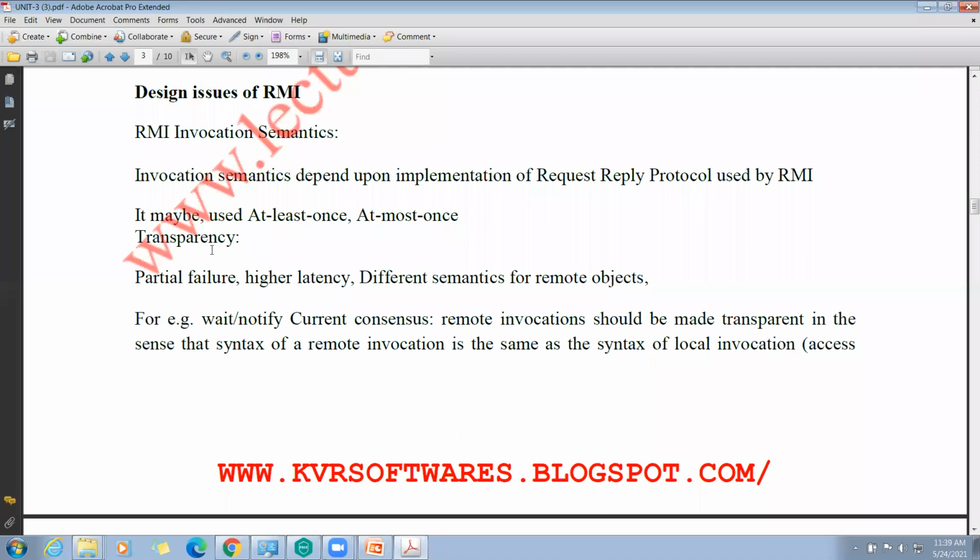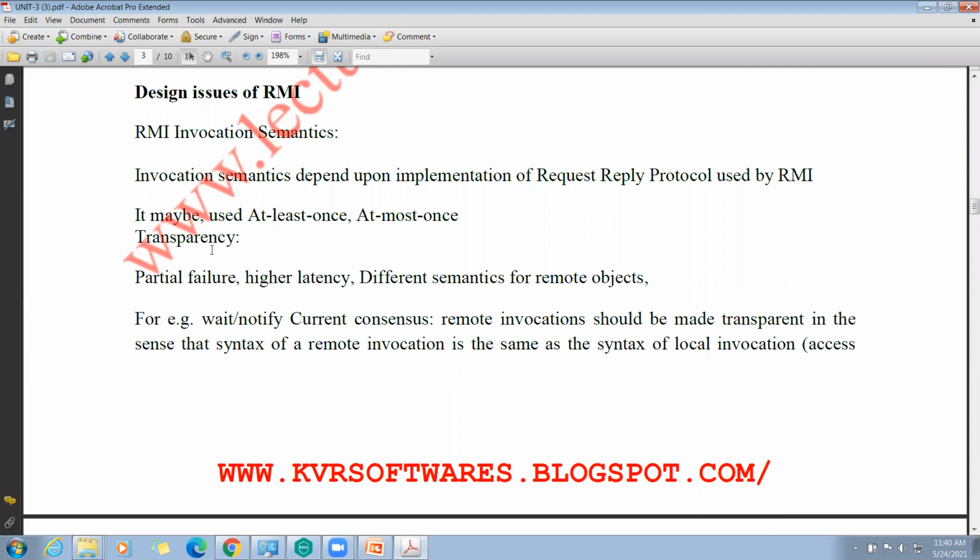See, for example, which they have given, wait and notify. Remote invocations should be made transparent in the sense that the syntax of remote invocation is the same as the syntax of local invocation. See, wait or notify.